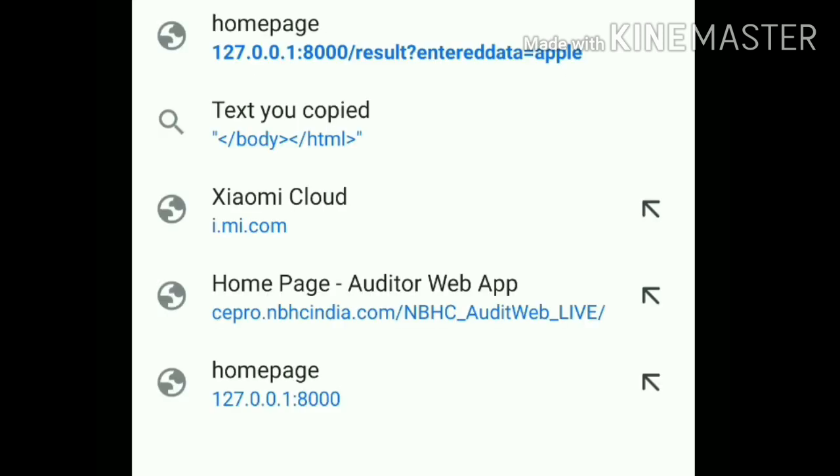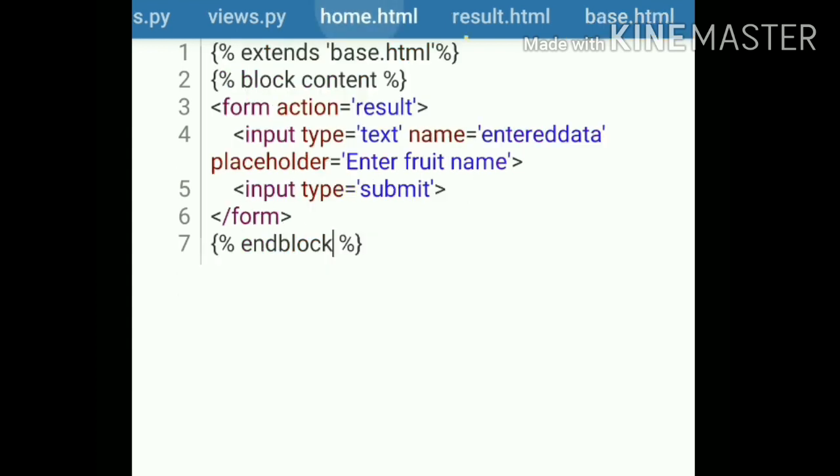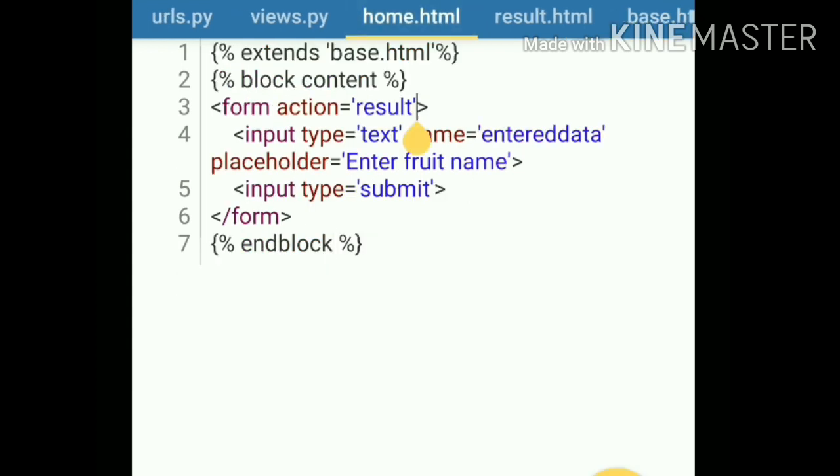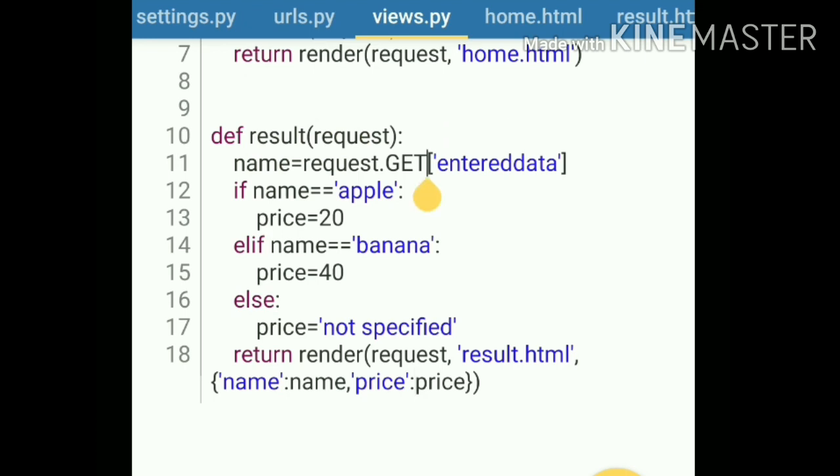Here I want to show you one more thing, that when you enter something in the text box, it will be shown inside this URL, that is enter data equals apple, and this will not be secure because you don't want to share this. It could be your password. So to avoid this, we have to use method equals post, and the default method is get. That's why we didn't use method. So now in the views we have to use post instead of get,